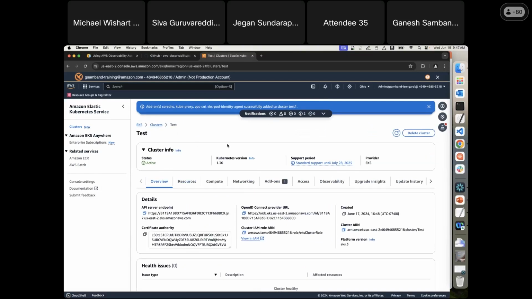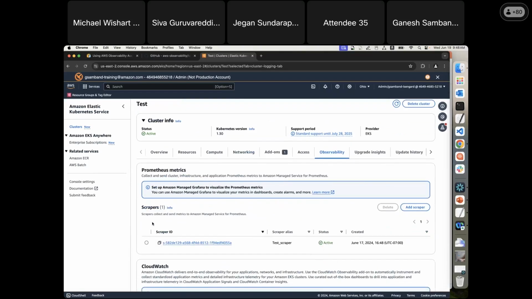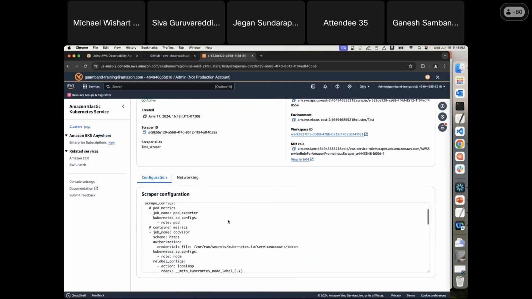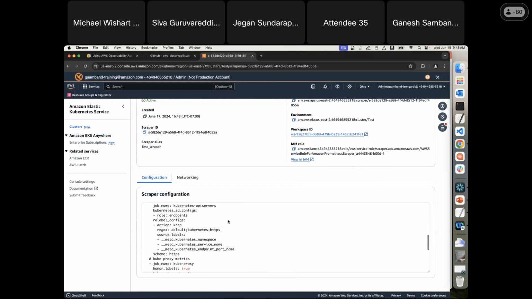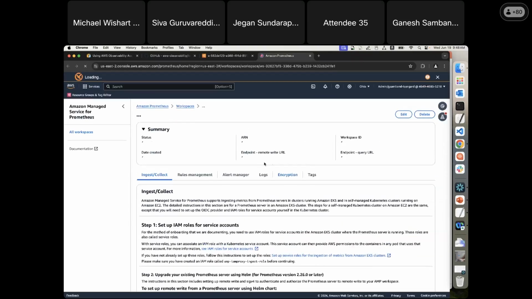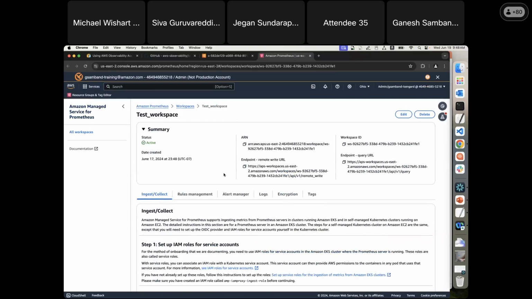So here, once the cluster is created, you can go to this observability section where you will see the scraper ID. If you drill down, it will show the scraper ARN and the workspace ID. This is nothing but the Amazon Managed Prometheus workspace and all the information on how we are collecting scraping metrics from your cluster. Once you click this workspace ID, it will take you to the Amazon Managed Service for Prometheus, where